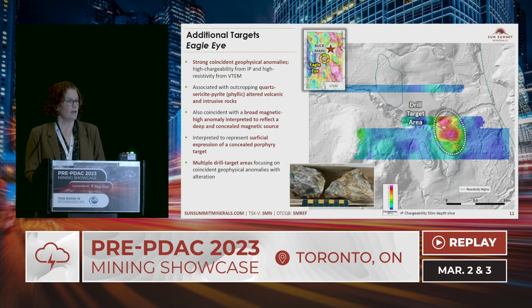And then with Eagle Eye, the IP geophysics shows a very clear chargeability high. There could be a concealed porphyry here. There's not a lot of surface geochemistry that was anomalous, but it's going to be a great drill target. Obviously, there's something in the ground, so let's put in a few drill holes and see just what the potential